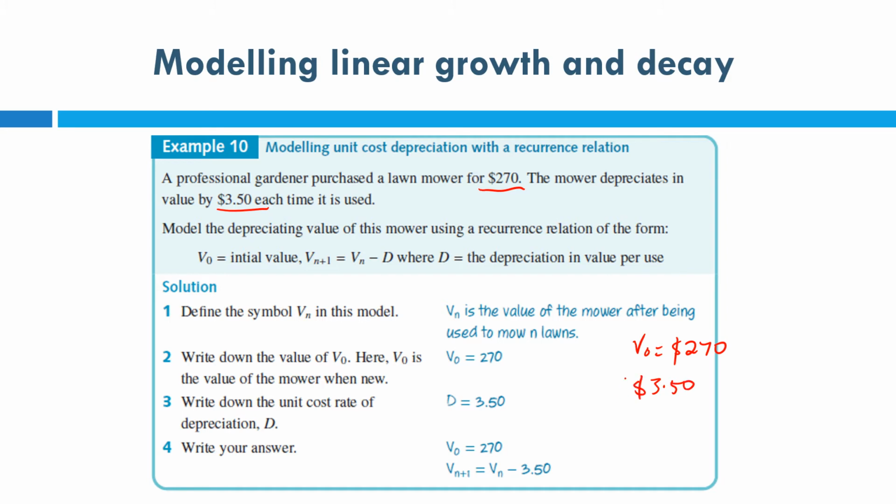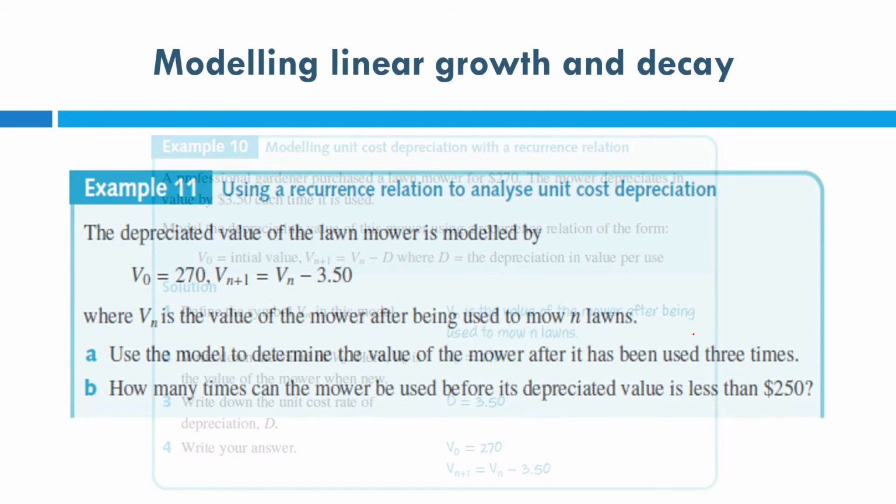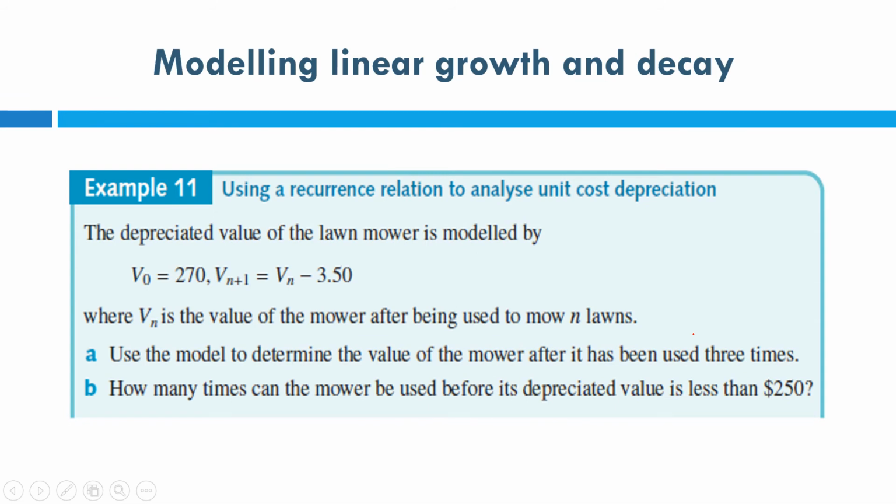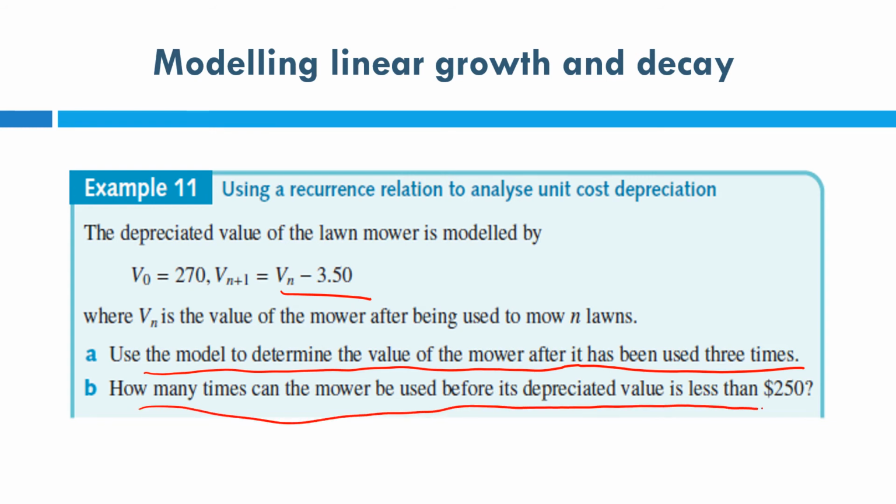So you can put that into the graphics calculator, can't you? 270, enter, minus 3.50, enter, enter, enter, enter: 1 use, 2 uses, 3 uses, and so on and so forth. And then you can get your recurrence relation from that using that method. The depreciated value of the lawnmower is modelled by this, which we've just done. Now it says use the model to determine the value of the mower after it has been used 3 times. You can do that. How many times can the mower be used before its depreciated value is less than